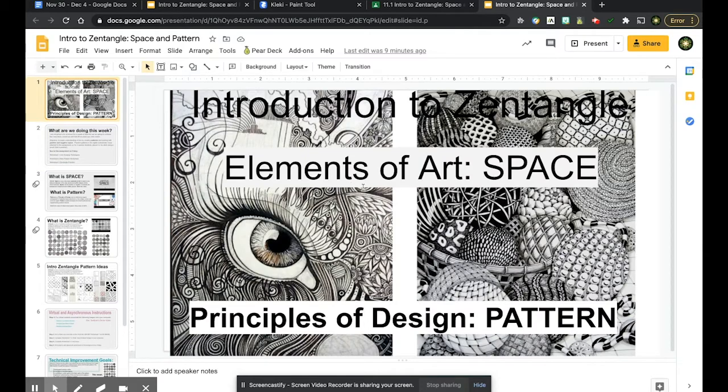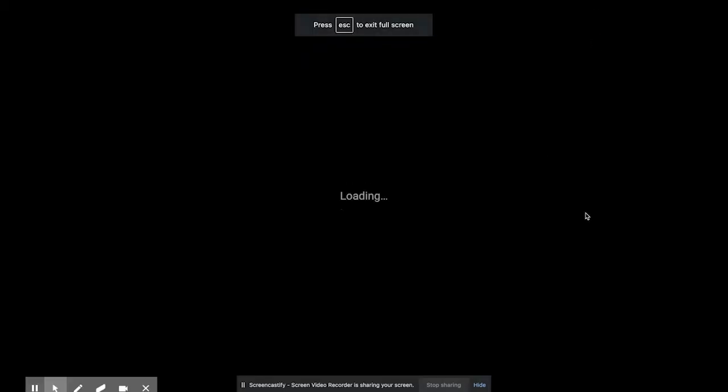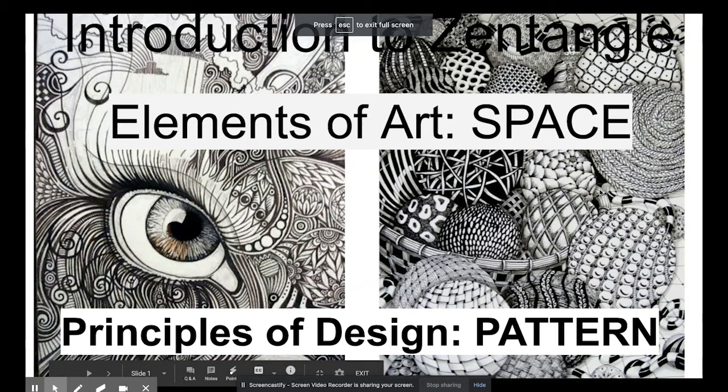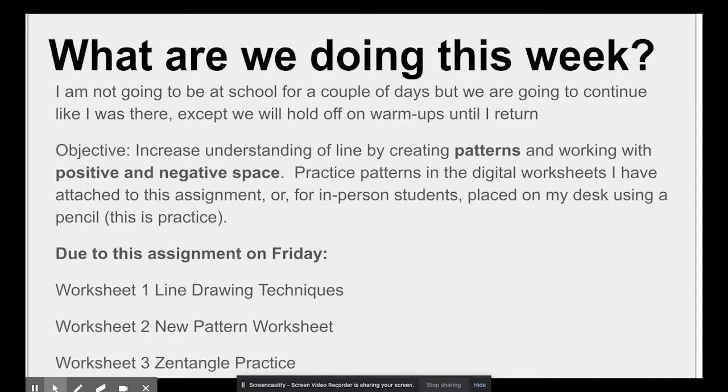What are we doing this week? We are learning about elements of art, space, principles of design, pattern. We're going to increase our understanding of line by creating patterns and working with positive and negative space. Practice patterns in the digital worksheets I have attached to this assignment, or for in-person students, placed on my desk